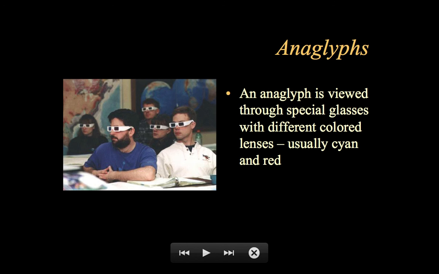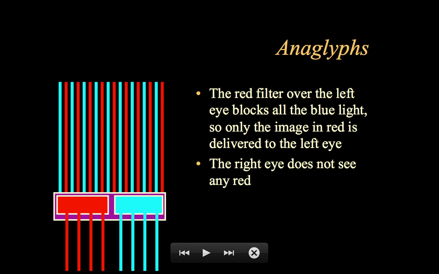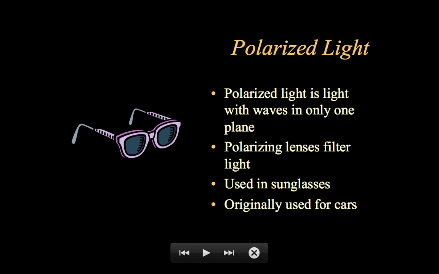And there are a couple of different kinds of those. Only the red light will travel through the red filter, and only the blue light will travel through the blue filter. And so you manage then to deliver one image to each eye. Polarized light is much more sophisticated, and that's what you get in the cinema. When you put on, oh, I had a pair of glasses on in my office, I forgot to put them on. But